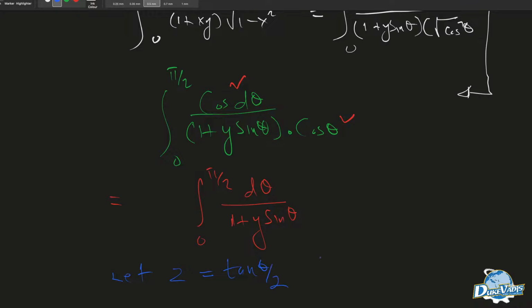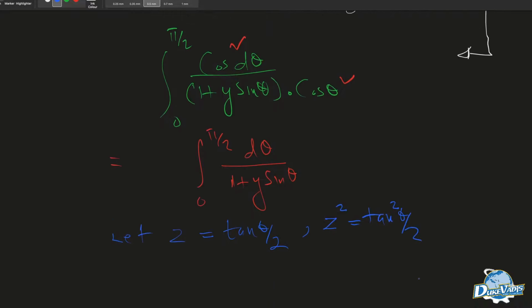And if that's the case, when we square both sides, we are going to get tan squared theta over 2. Alright, tan squared theta over 2, it's so beautiful because tan squared theta over 2 will help us to do wonders, because we know that